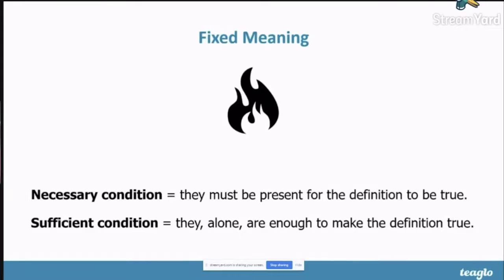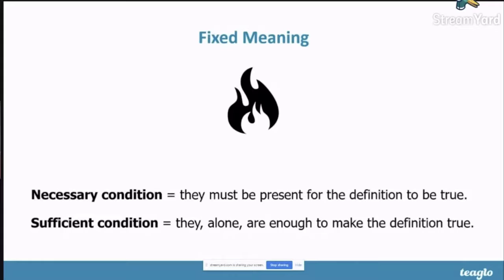If we use fire as an example, and imagine we're teaching that in a science lesson. Well, oxygen is a necessary condition of fire. Without it, fire cannot exist. However, oxygen alone is not a sufficient condition, so just having oxygen won't start a fire. So fire has three necessary conditions, the fire triangle.